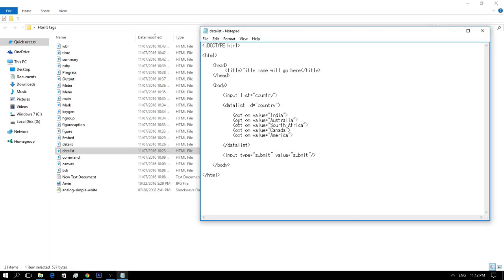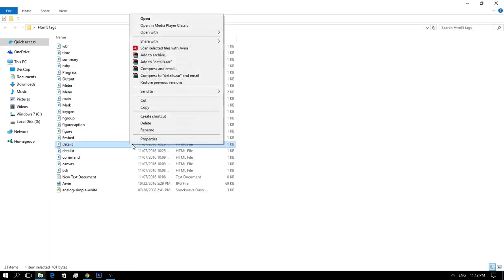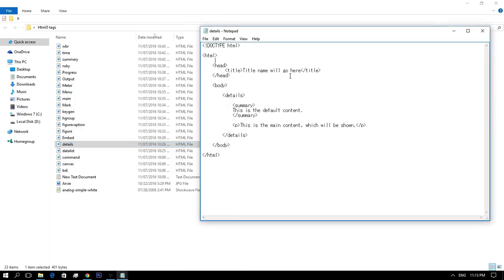So, wait, I'm wrong. Open my example here. There are two pertinent elements here, the details element and optionally the summary element. The details element is the wrapper for all the content we want to show and hide. The summary element holds the summary and title of the segment.